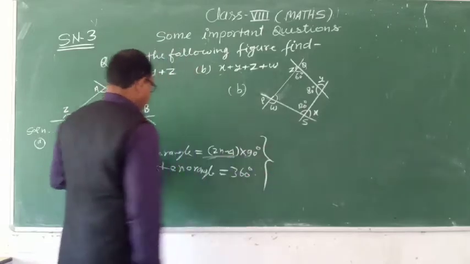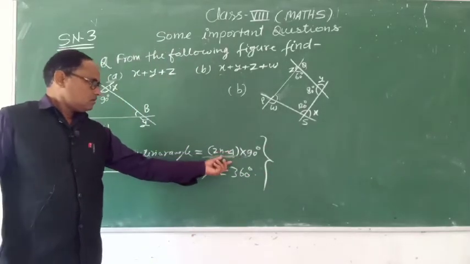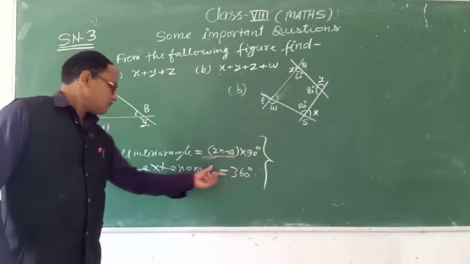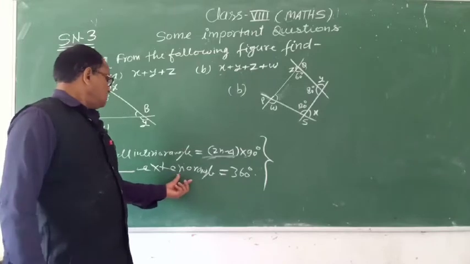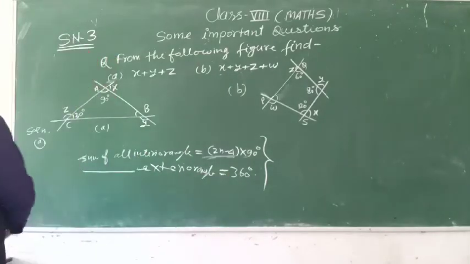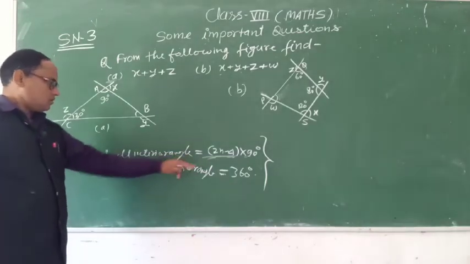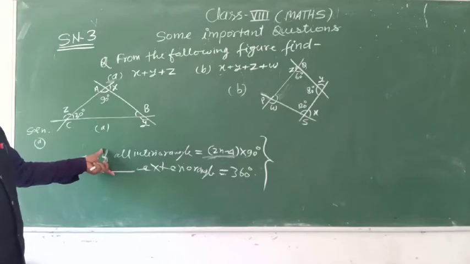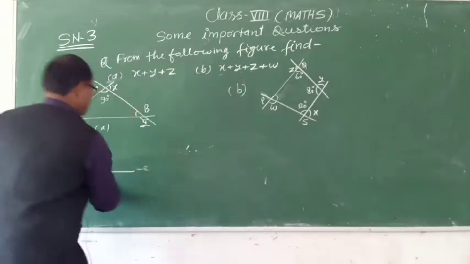Okay, the sum of the interior angles you can determine by this formula, and the sum of the exterior angles of a polygon is 360 degrees. Okay students, before this I have taught you about these formulas. Okay, after this